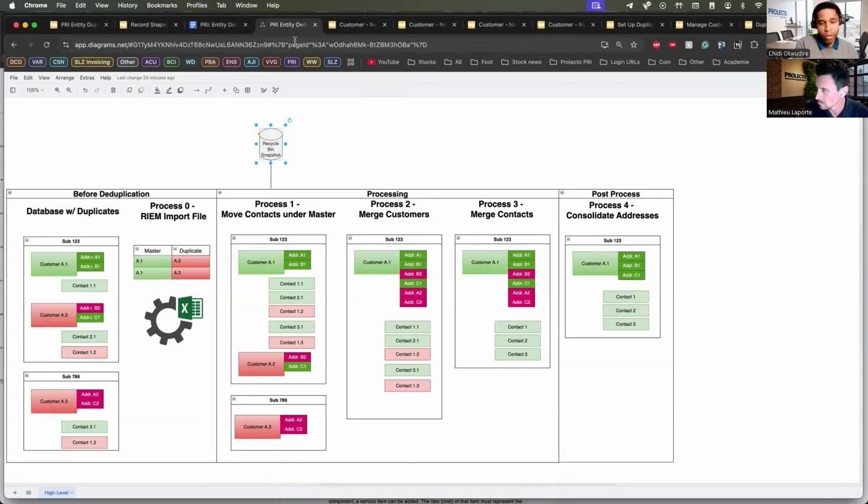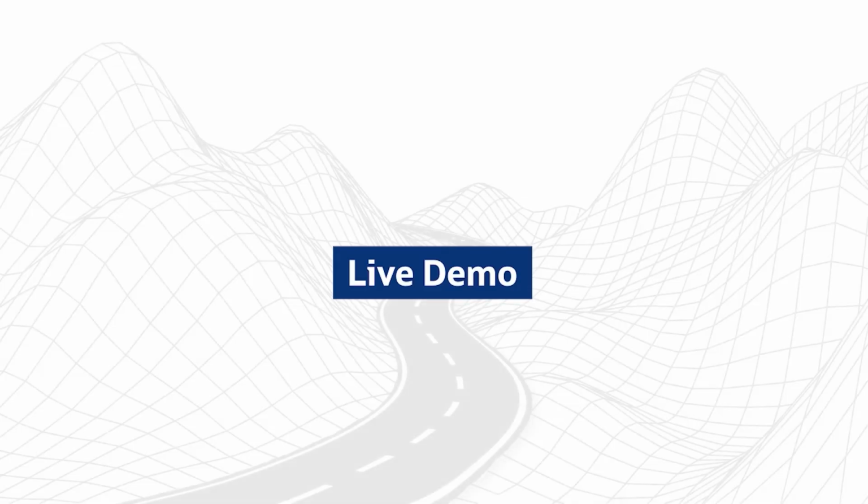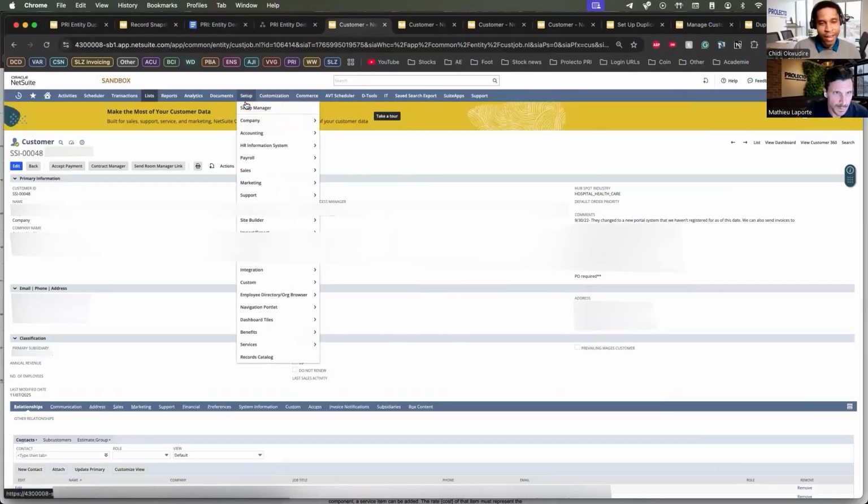And so this is something we could do on the customer, on the contact, or effectively any record we can deploy a script to. We can always call this recycle bin to take a snapshot before the process as a way to roll back. It's not going to automatically roll back, but it gives us the state of the record before it got merged so that if we wanted to do anything, we have the data. So that's great. Why don't we just do a live demo? I think it would be good to see this in action and